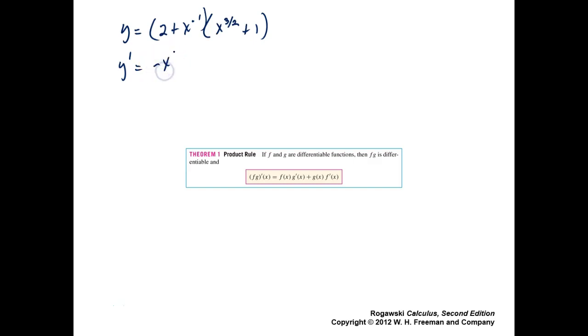Negative x to the negative second. So that's the derivative of the first. And what do we do with it? Times the second, x to the 3 halves plus 1. What's next? Plus